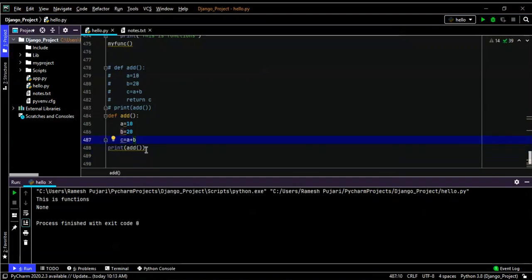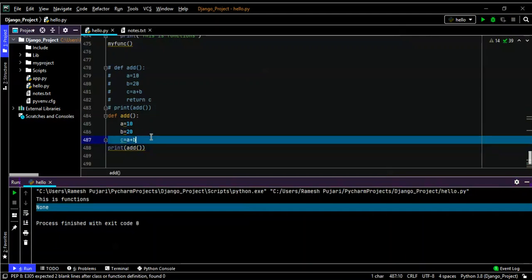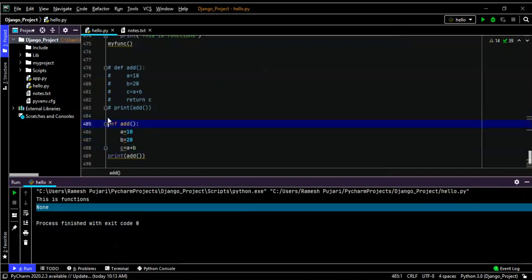So if I print it, it will give nothing, or it will give None. You can notice here, it will give None because I'm not returning anything from the function. If I return something from the function, then only the output will be displayed. Here I'm not returning any value from the function, so it will give None as the value.